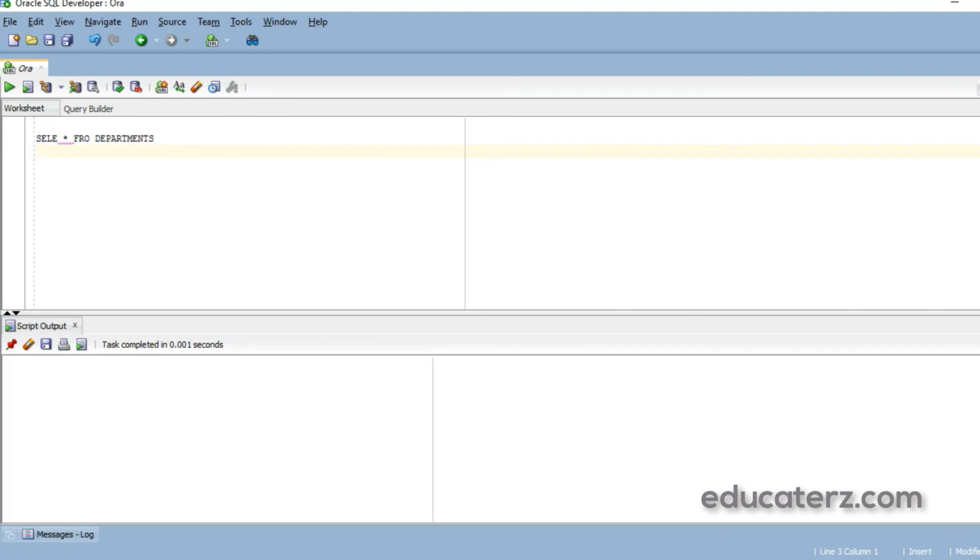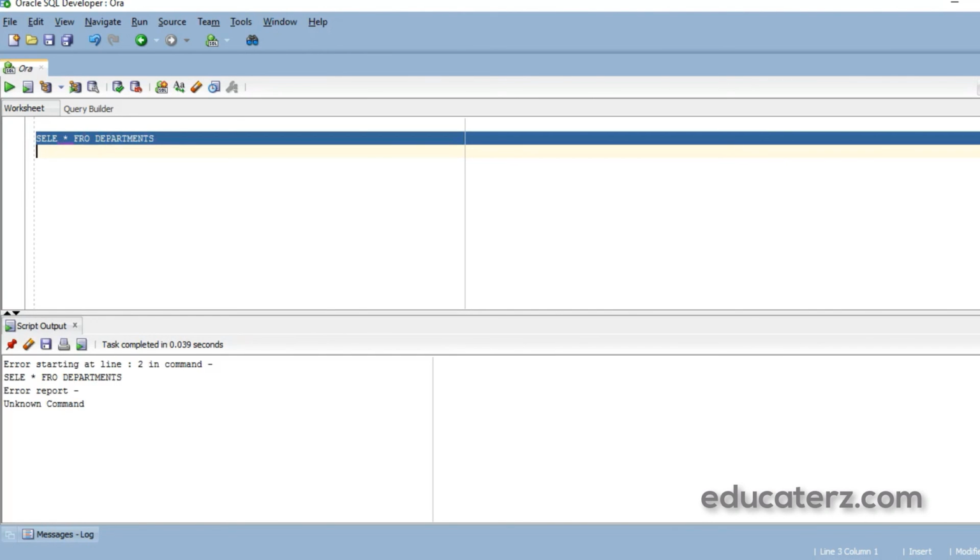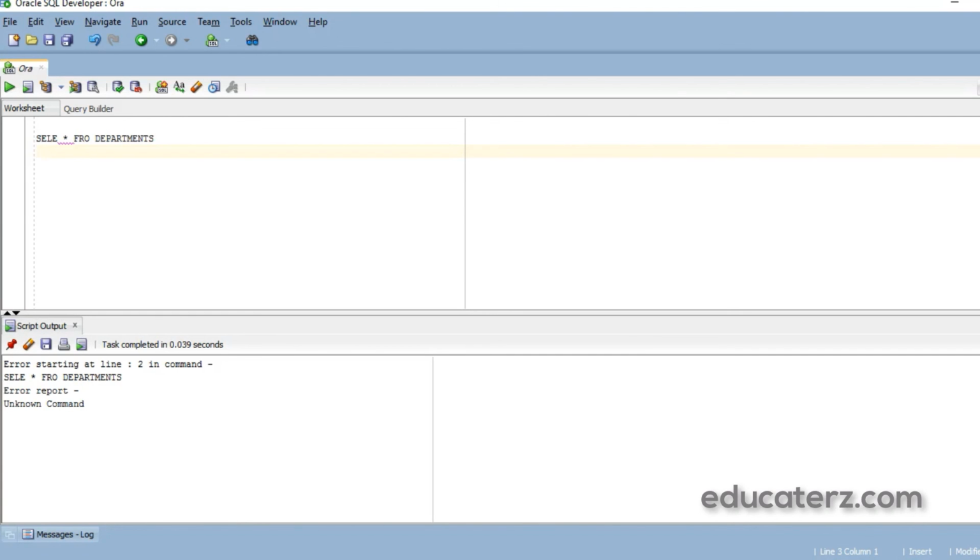If I execute, it throws an error, starting at line 2 in command select. This proves that select is a keyword. I cannot abbreviate it, and I cannot even spread this keyword across lines. That is not possible. So select star from departments, if I execute this, you will get the result.